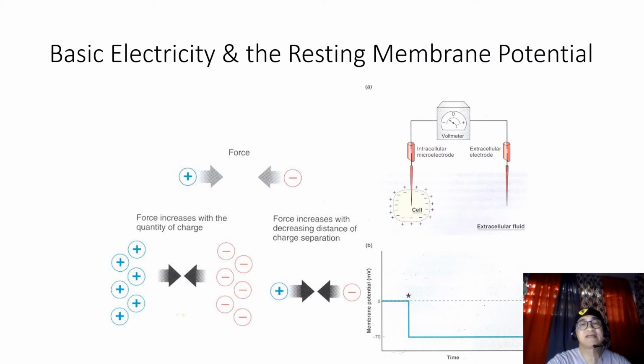For us to understand the resting membrane potential that stores energy for signaling by the neuron, we need to understand some basic principles of electrophysiology, wherein charges of the same type repel each other and opposite charges attract each other. The charged particles will tend to move toward each other if they are opposite charges, and that is if they are not separated by a barrier.